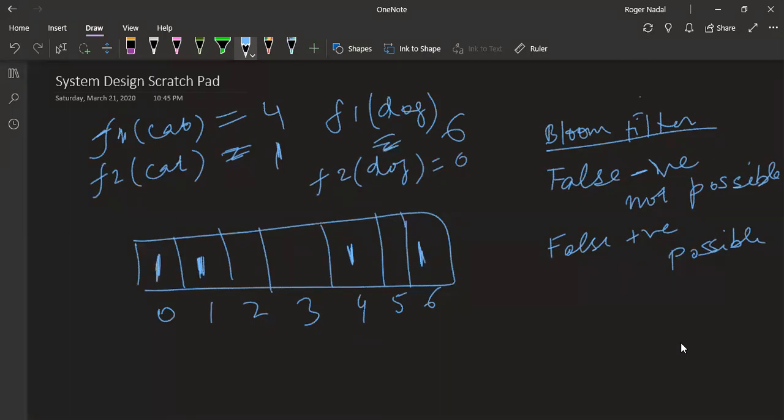All right. So this is my Bloom filter looking currently. Now, suppose I'm checking whether dog is there or not. This was the write operation I did already. Now I'm doing the read operation. So I will again go through the same hash function and check whether the 6 bit is set. It will get yes, 6 is set. What about F2? F2 of dog is 0, and 0 is also set. So if both are set, then we are saying that dog is in the Bloom filter. So we are saying that yes, dog is in.